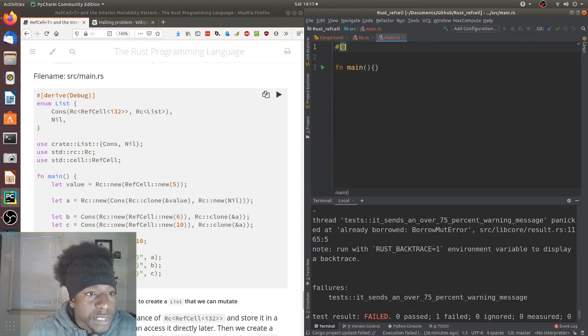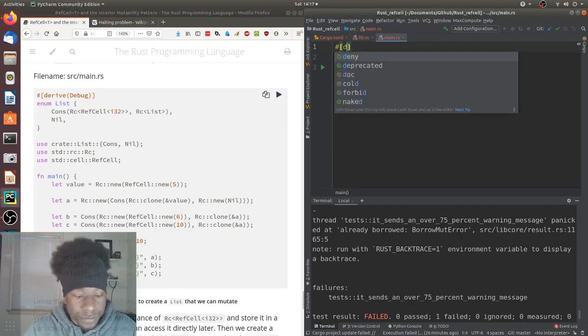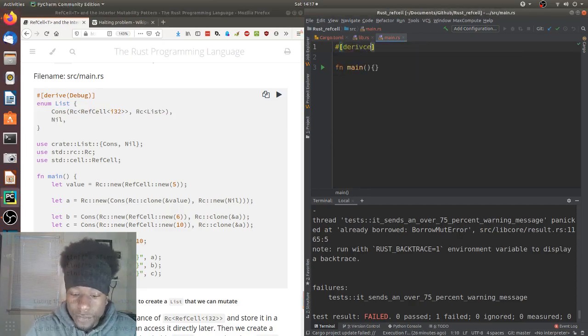So we're using derive debug, so we can print out using debug statements, which they did here. Okay. Derive debug, enum list, cons,